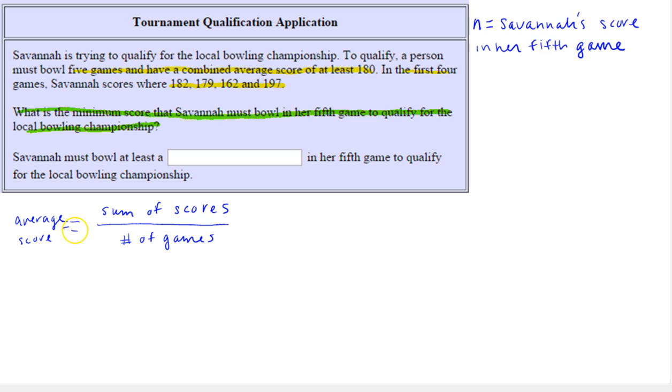So let's just start by representing this. So her known scores are 182 plus 179 plus 162 plus 197, and then her unknown 5th game, which we're calling N. Now we need to divide by the number of games, which would be 1, 2, 3, 4, 5. So this expression represents her average score. Now this part says we need her average score to be at least 180. So the inequality we need to solve